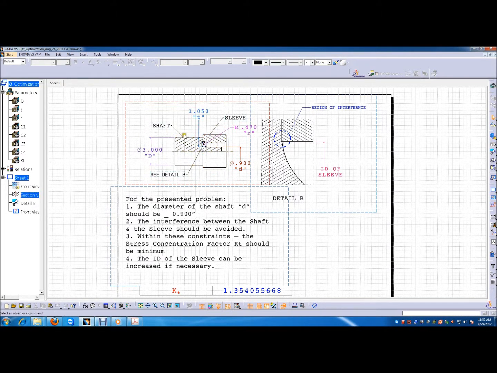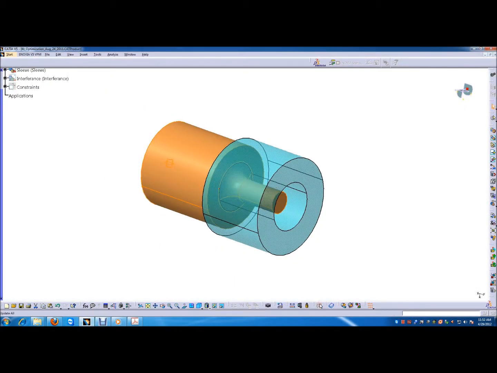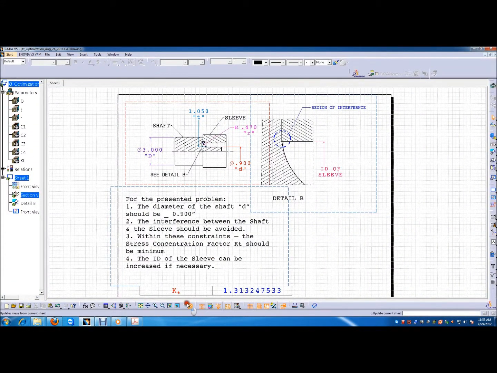So we will make one more iteration here. Let's say we increase R from 0.47 to 0.5, and we increase t from 1.05 to let's say 1.1, and then we go to the product view, we update the product, we come back to the drawing view, update the drawing.